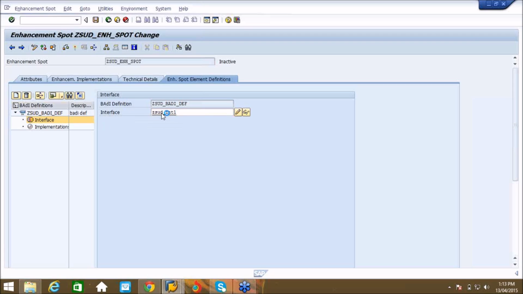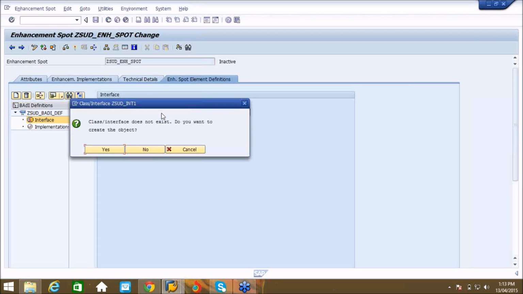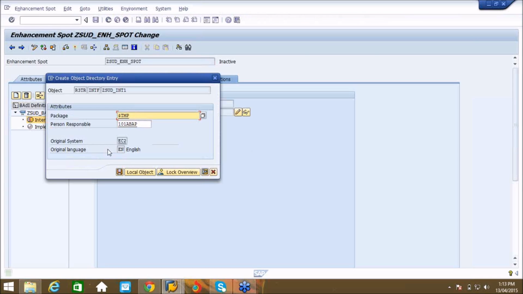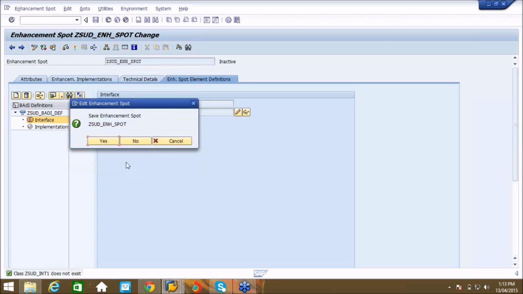Press enter. So it is saying this interface is not available. Shall I create? Yes, create it. Save it in a local object. So now my interface is ready.